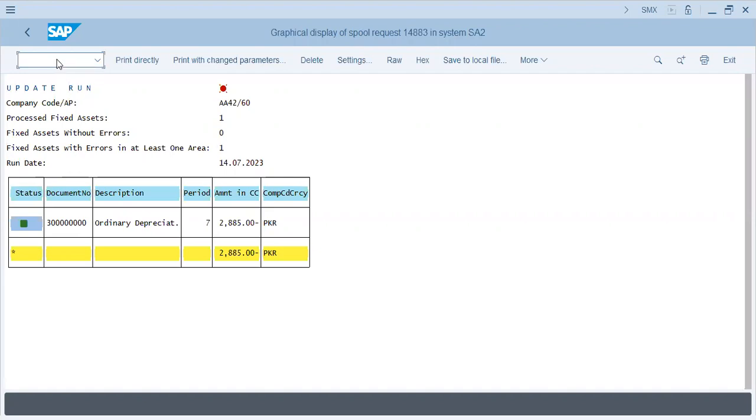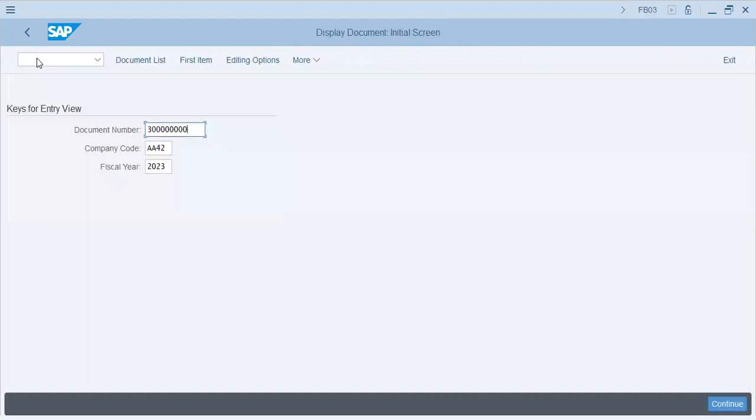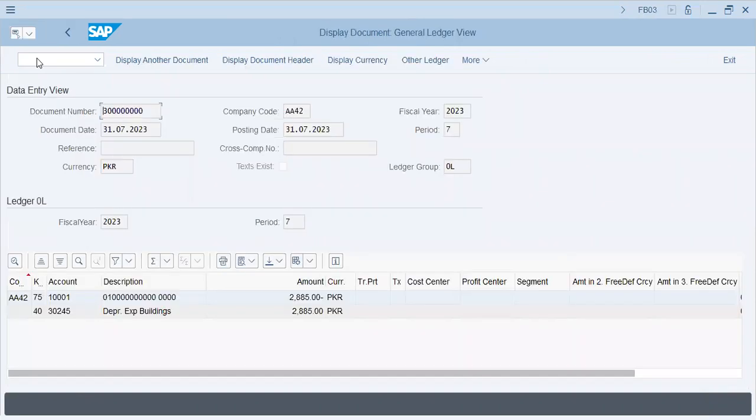Let's see. Control Y, Control Y, Control C, FB03. I just want to check the document number. Continue. I continue to post it. And it's already posted. Okay. So